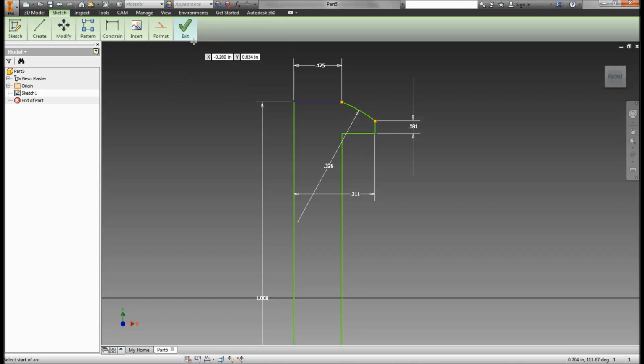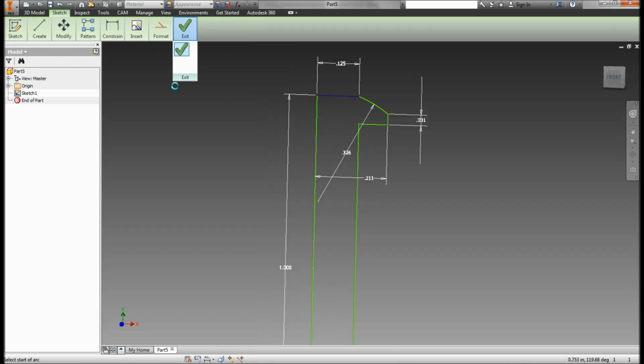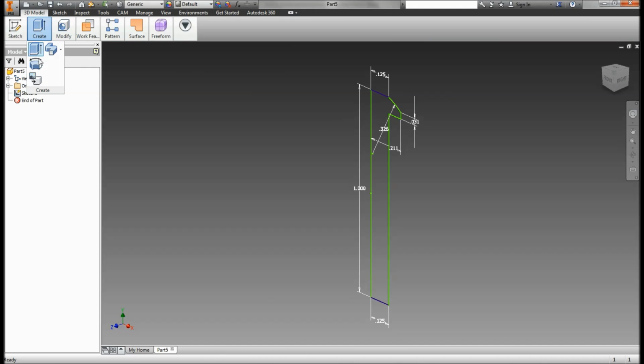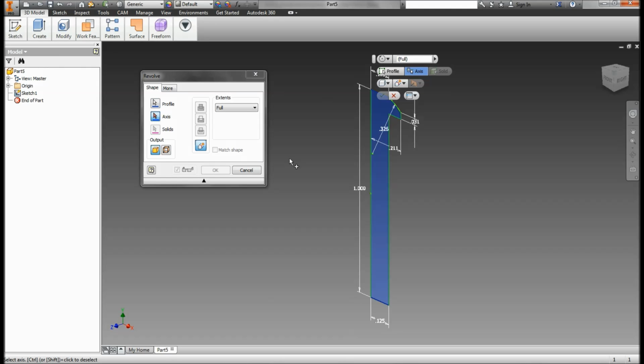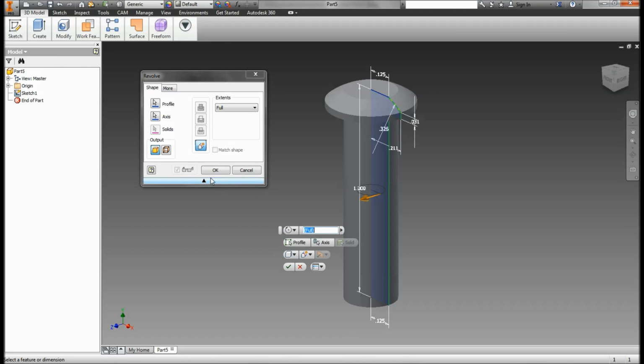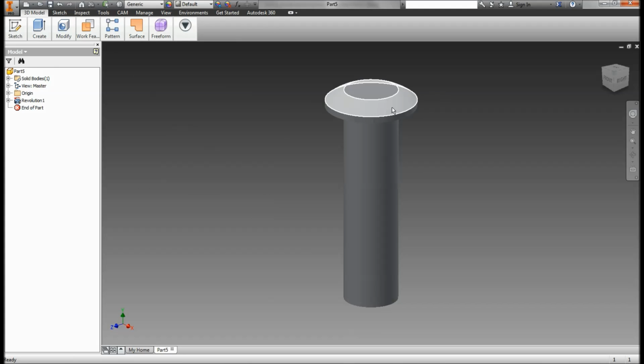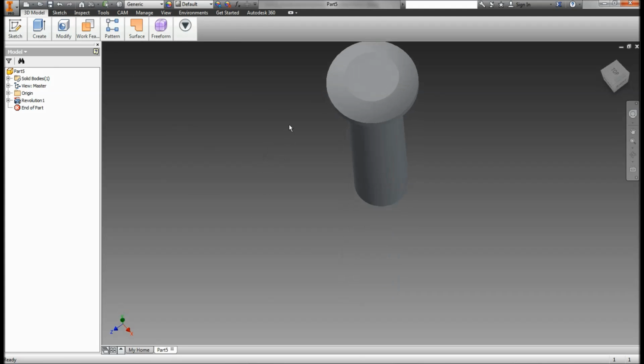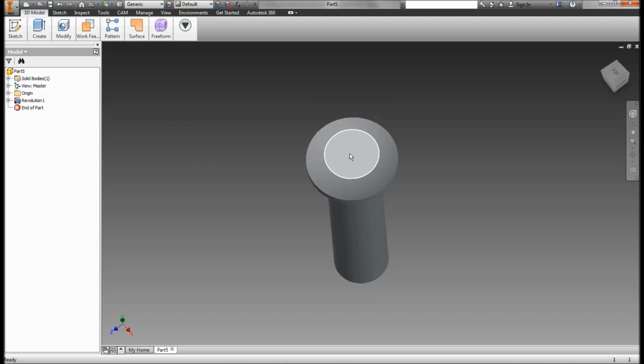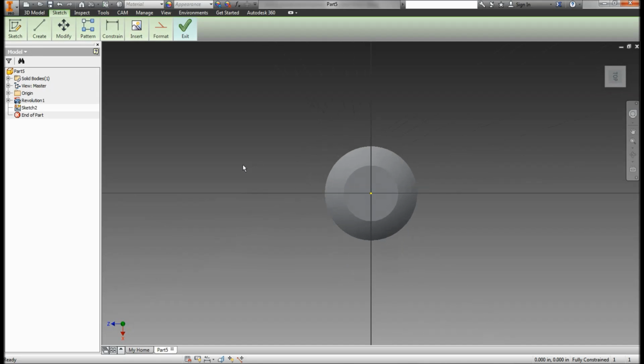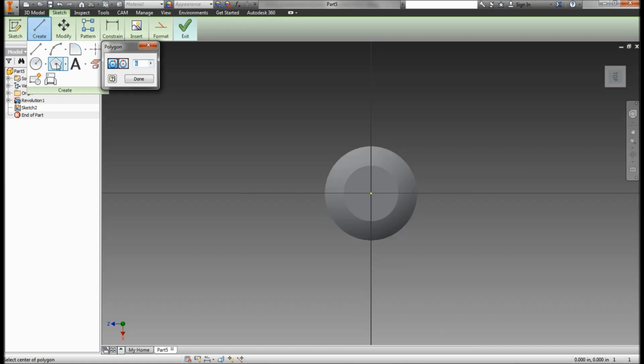Now all we have to do is revolve, so we can exit. Profile is selected. This is my axis. OK. Now we need to put the hex in the top of the screw. We already have that flat portion created for us. So we need to create a sketch right on that flat portion, and we're going to create a polygon. It is going to be a 6-sided polygon,